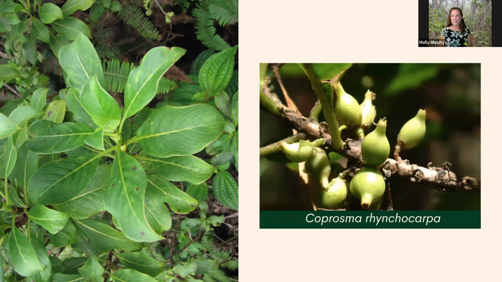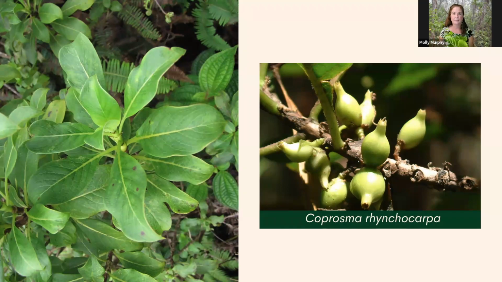So then we add in pictures of the fruit, and I can say this is Coprosma rhynchocarpa. This is one of the first Pilo or Coprosma species that I learned in the field, so it's always very special to me. You can look at the fruit, and it's called rhynchocarpa. If you look at the end of the fruit, that's the rhyncho part, and it means beak, which refers to the end of the fruit. Carpa means fruit. So I'm looking at the whole name, and I'm seeing the fruit and the whole picture of it, and then I can identify it.